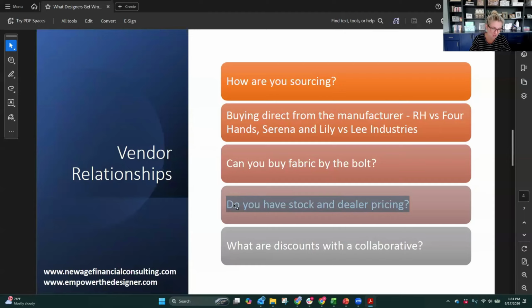So then you have the next question. If you have a store and you have a design firm, are they one entity or two entities? How do you structure that? If they're one entity and you're buying, I'm going to use Four Hands, at 70% off retail, all of your client contracts, if that is you, should be marked up by vendor. And you wouldn't disclose the vendors to the clients, but the contracts would say that, again,